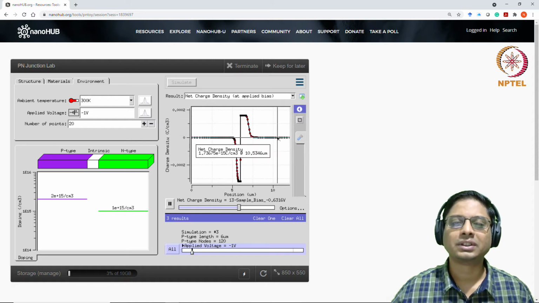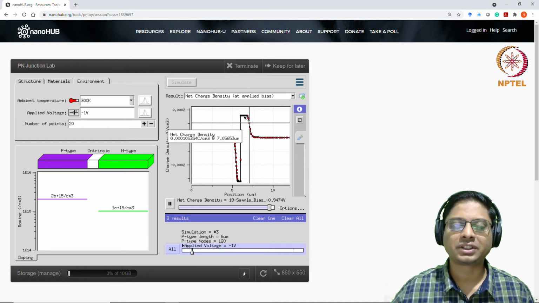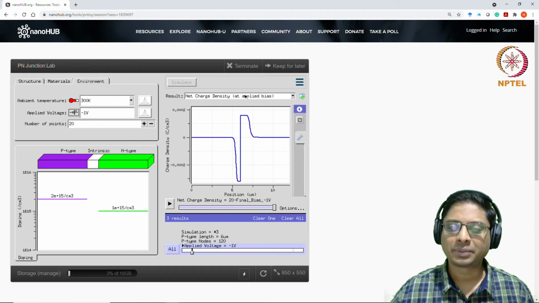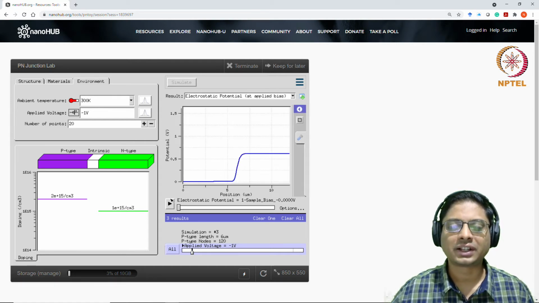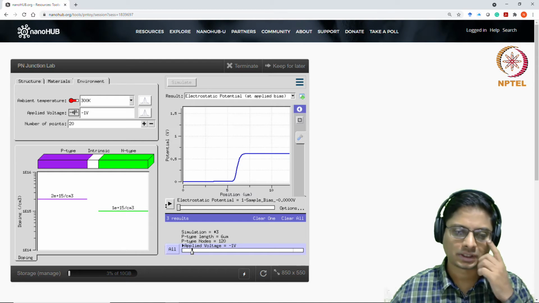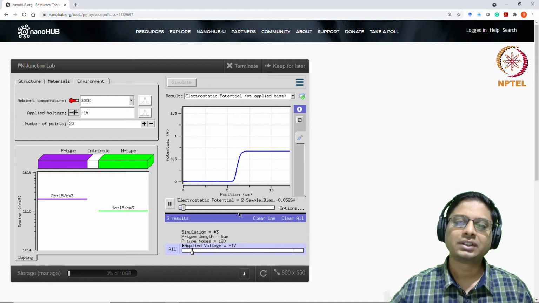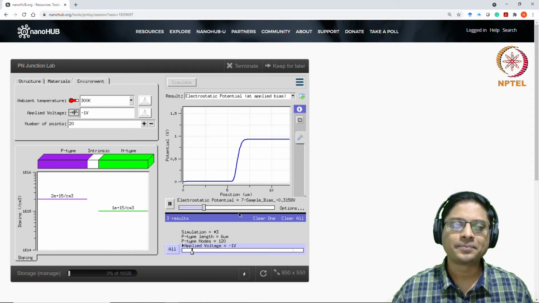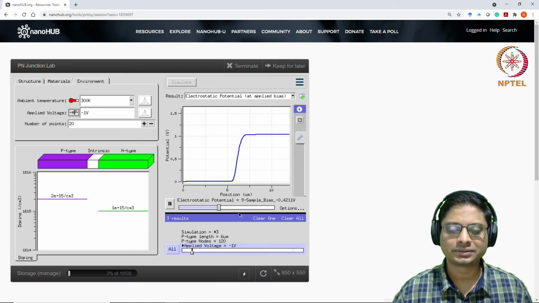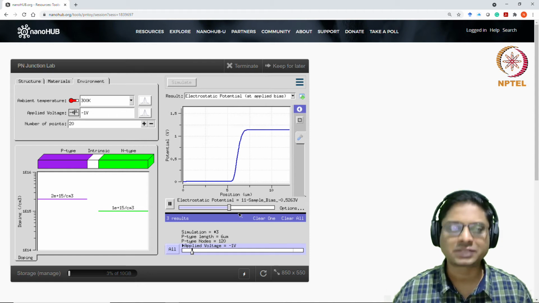As you go from the zero electric field region to the center, as you integrate, you will see that there's more and more charge, and that's why there's a stronger electric field. And because it's related to the electrostatic potential, you will see that as you increase your applied voltage in the reverse bias, the potential barrier increases. Okay, all of this is consistent. I would urge you to just explore this.